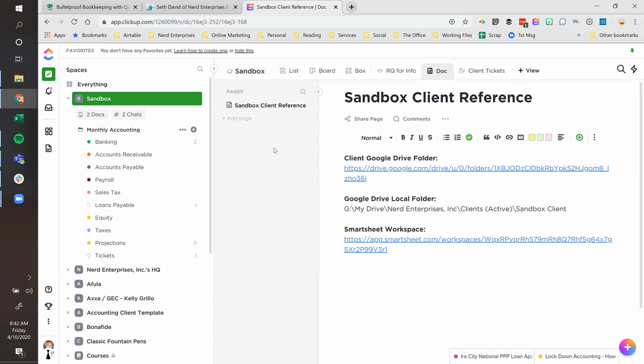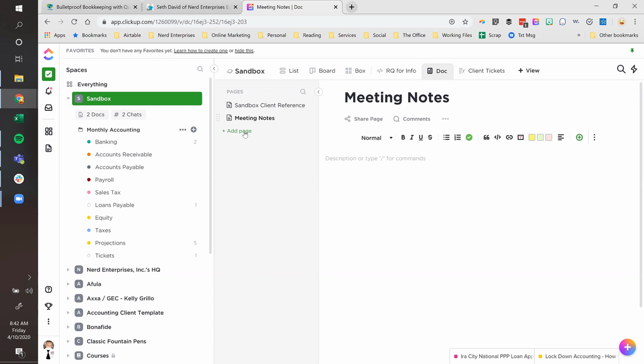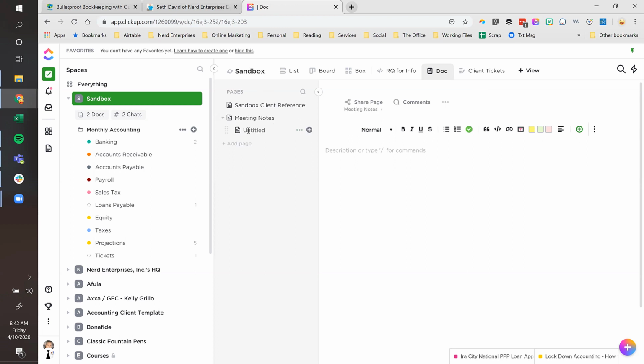So this could get me out of a thing like OneNote, right? If I'm using this with my clients, I don't need OneNote because, instead of having different, well, it's really a different notebook at each client level if I'm using spaces for clients. And then I can add all the pages I want. Meeting notes, right? And then I can add sub pages. So I can go here alongside meeting notes. And so it creates a sub page. So this would be like the master meeting notes notebook. And then over here, I'd say meeting 2020